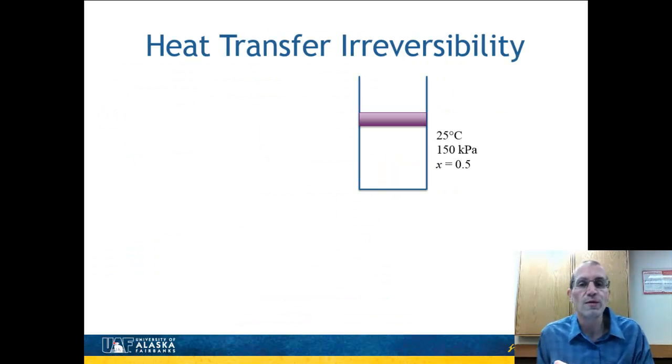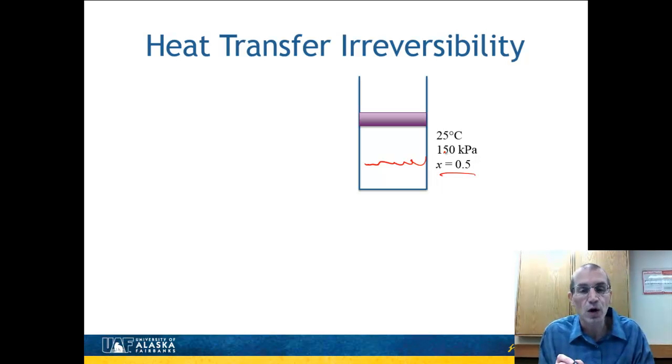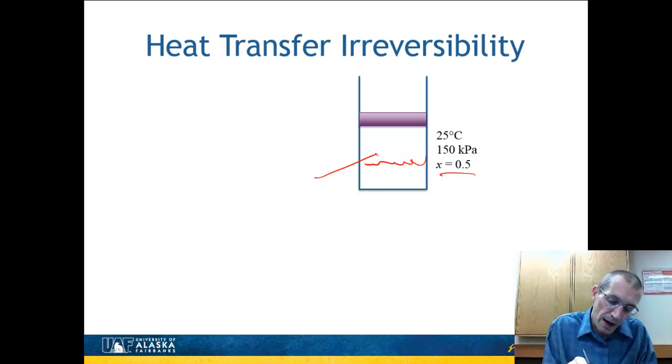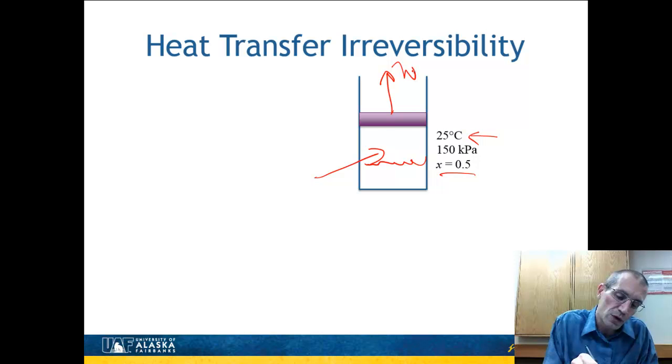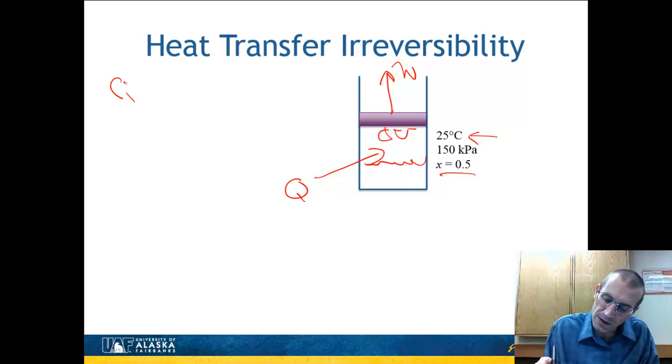Another type of irreversibility is due to heat transfer. And so we can think about why that is. Imagine I have a mixture here. It's at 25 degrees Celsius. I have an initial quality of 0.5. It's 150 kPa, and it's at a constant pressure. Now, if I add some energy here, it's going to stay at 25 degrees Celsius. It will expand. It will do some work. There will be an increase in its internal energy that will be balanced by Q. In fact, I could write that energy balance here and say Q is going to be equal to delta U